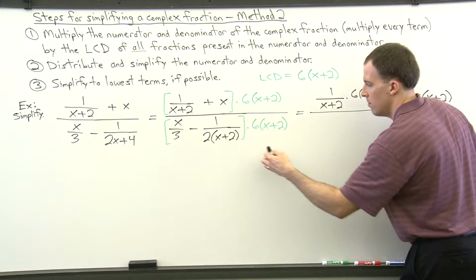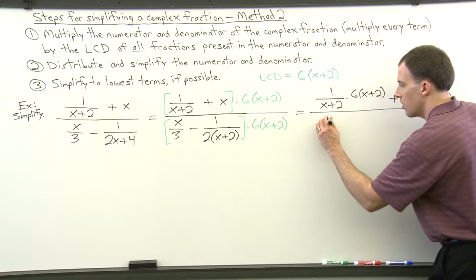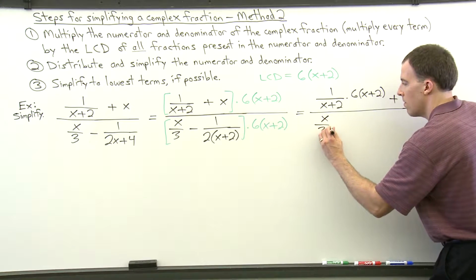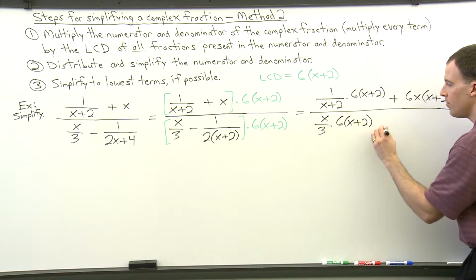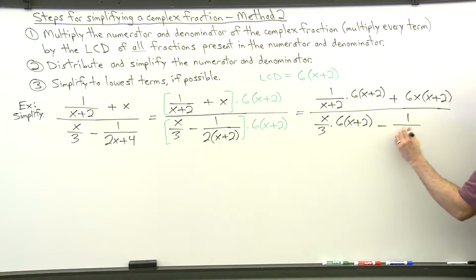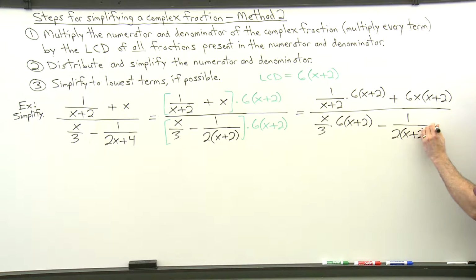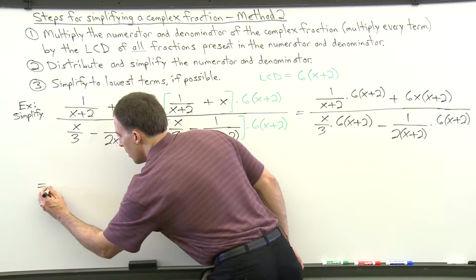Similarly, in the overall denominator, we need to distribute. So 6 times x plus 2 times x over 3. X over 3 times 6 times x plus 2. And then minus this fraction here, 1 over 2 times x plus 2 times 6 times x plus 2. Okay. So we need to do a lot of simplifying. In the numerator,